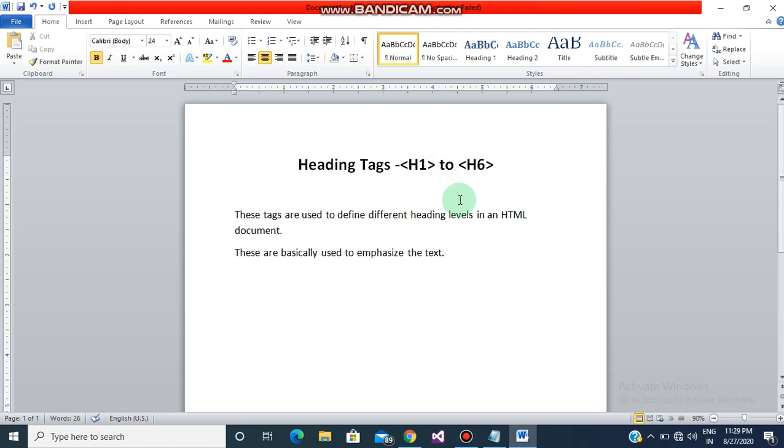It is not essential to use these heading levels in hierarchy. Okay children, that part also we'll get to know when we come to the practical portion. Then these heading tags are written within the body tag of the document. This is a very important thing, that these tags should be written inside the body tag. Now we'll write some code for it and then we'll see what the output will be.